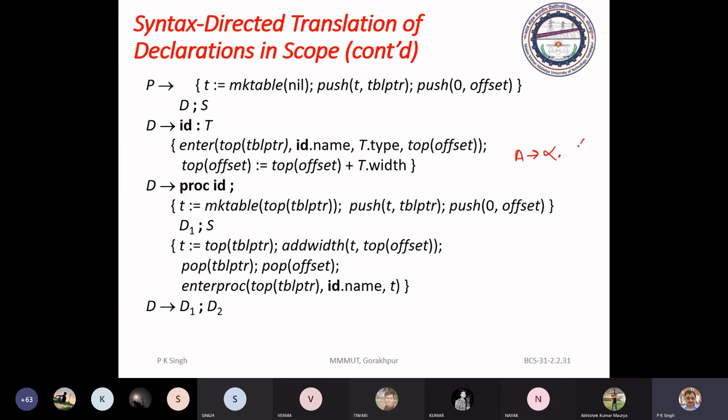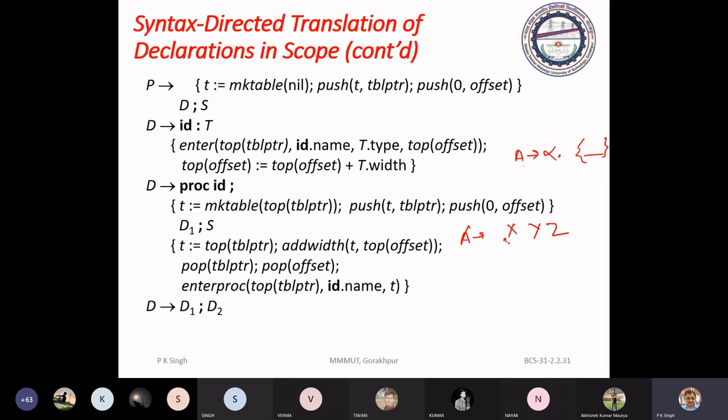We define the action: when alpha is reduced to A, it will take this action. But during the initial discussion of semantic actions, I told you that if we have A to X, Y, Z, then we have 4 possible items.